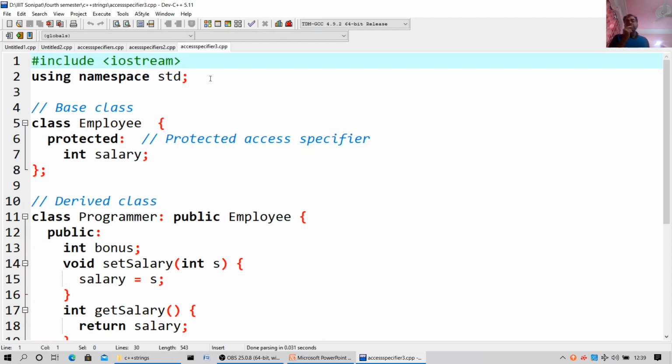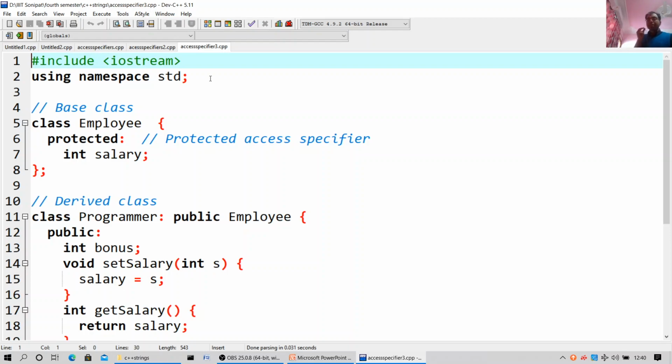Include iostream, using namespace std, class employee, protected: int salary. So class employee, by default it is a private type. Class programmer: public employee, public: int bonus. So this is a derived class.